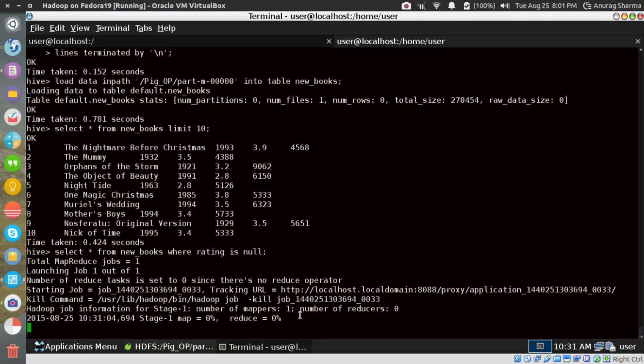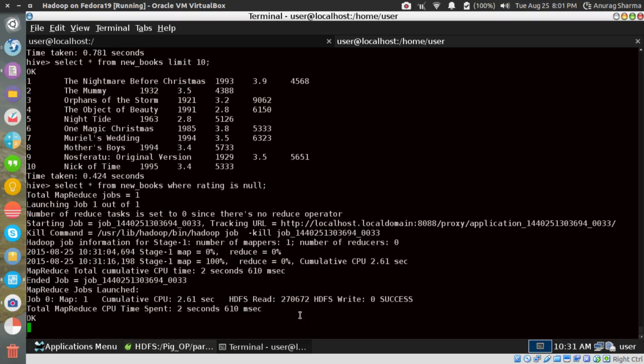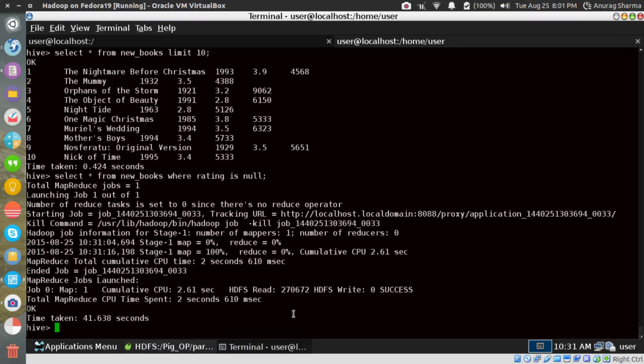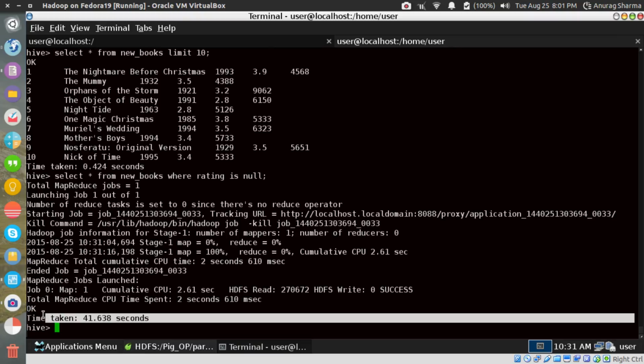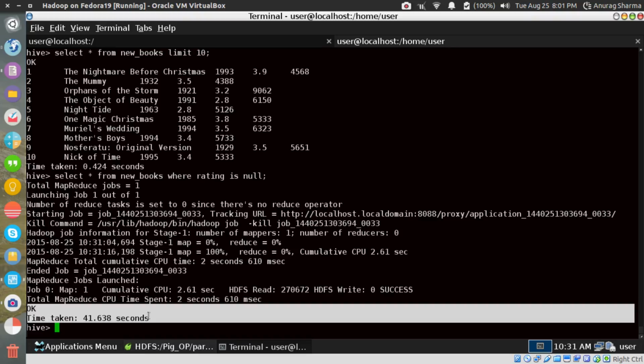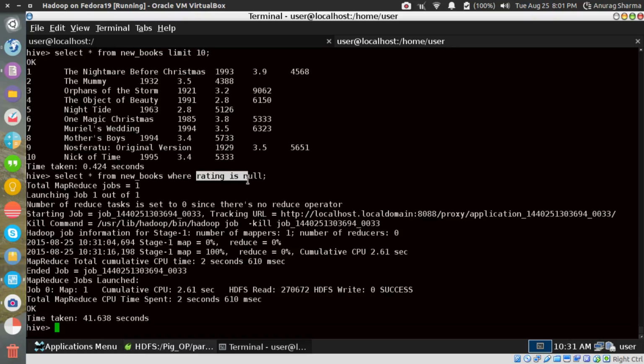So basically I shouldn't be seeing any output in this case, because there is no rating which is null. Yes, as you can see, there is no output. The reason being, the rating is null query returns a blank result because we've already done the necessary filtration at the Pig level, right? So you're basically feeding the output of Pig into a Hive table. So that's pretty much about it, guys. Unless you have certain questions, that's pretty much from my end.